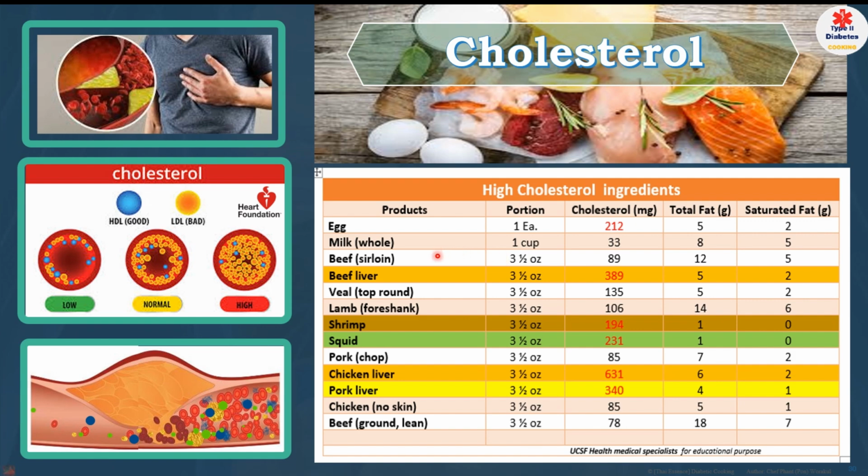So then when you look into a portion of it, if you talk about 1 egg, you have 212 milligrams of cholesterol, 5 grams of fat, and 2 grams of saturated fat. So it's not that bad. That's why. Then if you eat the liver, especially beef liver, there's a lot